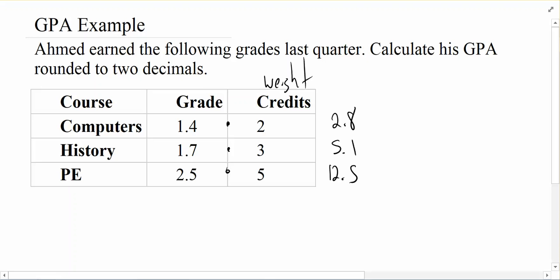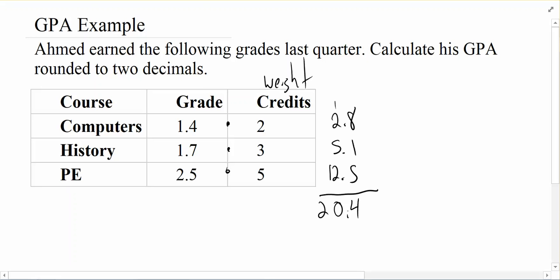And as we're looking at this and getting a ballpark idea, the 2.5 is very heavily weighted. So that's actually bringing his grade point up. Not that he got very good grades here, but it's bringing it up. And so if we add these together, 8 plus 1 is 9. So we get 4, carry the 1. 3, 5 is 8, plus 2 is 10. So we got 20.4 when we add them.